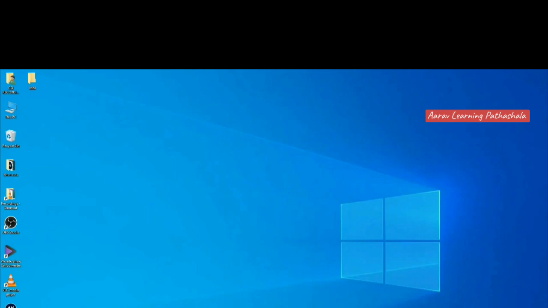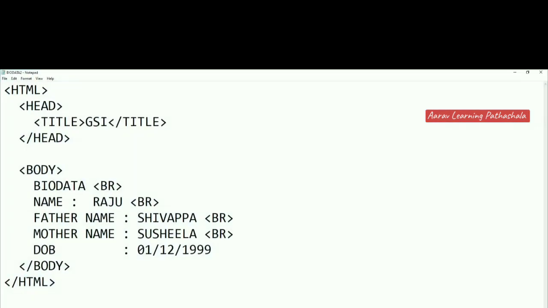Let me explain the program once again. Here is the program. This HTML document starts with HTML and is closed with the /HTML tag, and then the HTML tag is followed by the head tag. This is optional, and we have the title tag here. Whatever you have written inside this will appear in the title bar of your web browser window. Next one is the body tag, and we are closing the body tag here and the HTML tag. So whatever content we would like to display should be written inside the body tag.